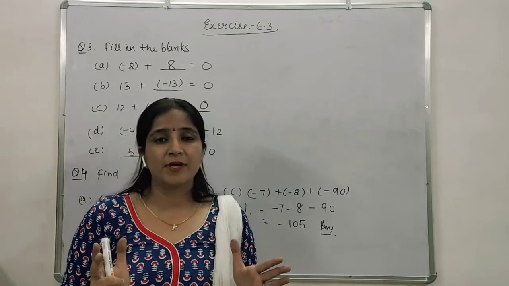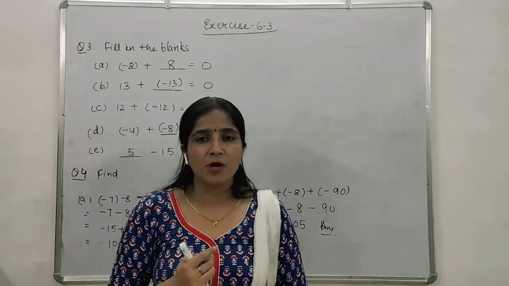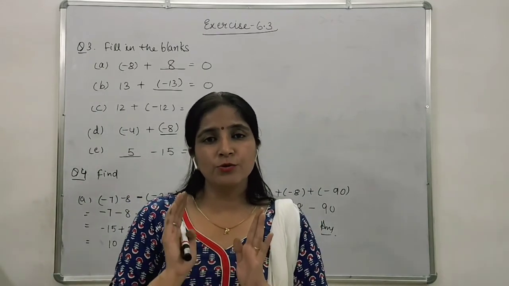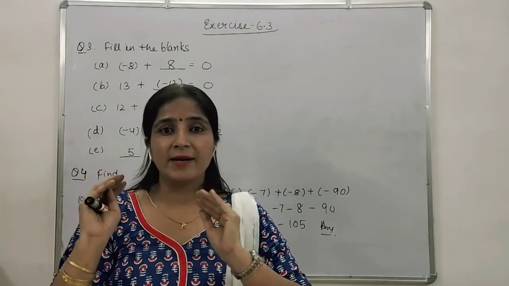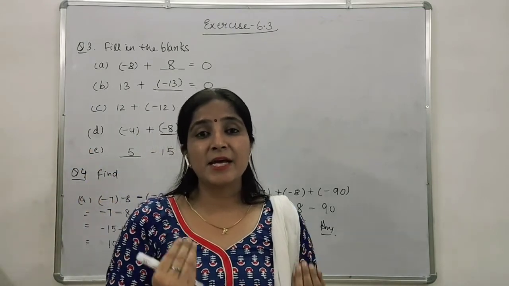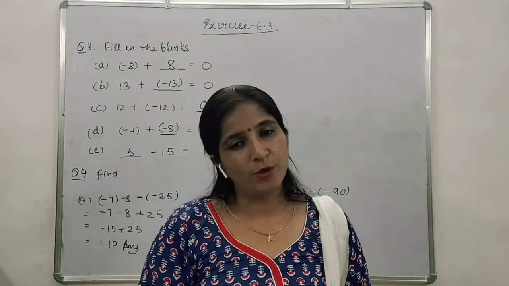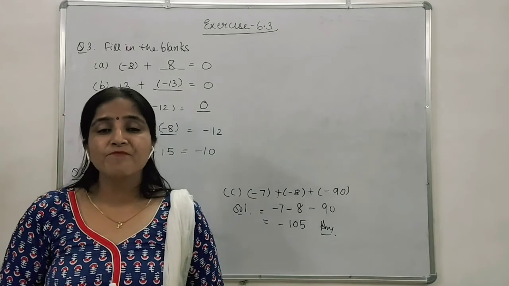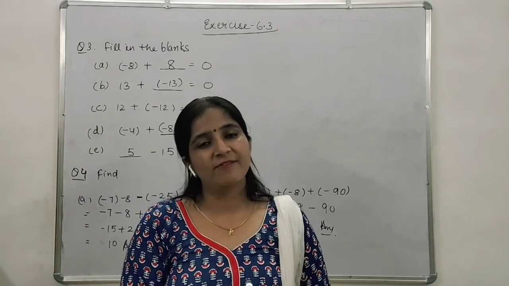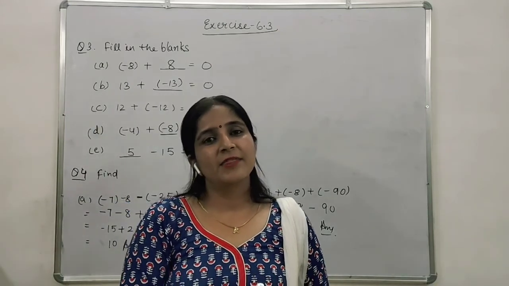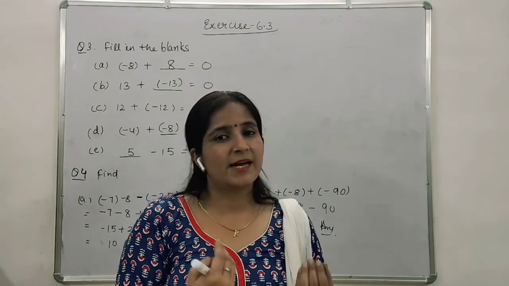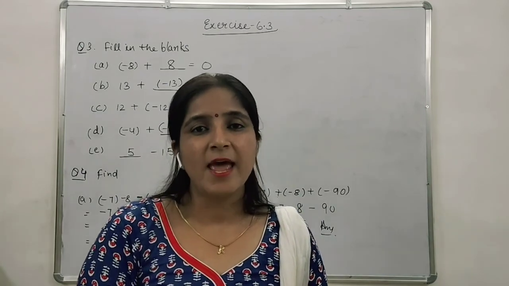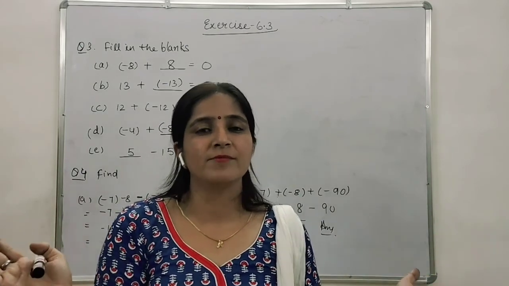What was this chapter about? Let me sum up. This chapter is all about integers. Earlier we learnt about whole numbers: 0, 1, 2, 3 and so on. But here we learnt that there is an image of positive numbers also, which we call negative numbers, just the image of positive numbers. These are called integers. Then we learnt about addition of integers, addition rules, additive inverse, subtraction of integers, multiplication rules of integers, and how to solve the problems related to them.